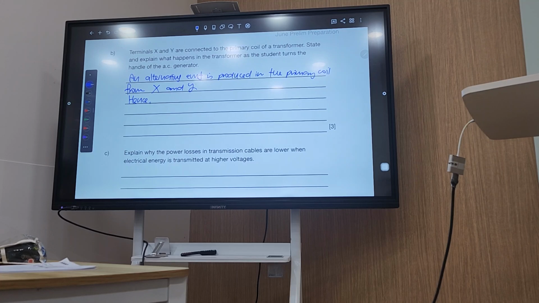Hence, a changing magnetic field is produced